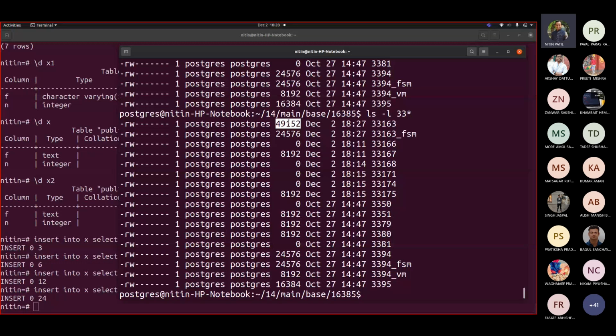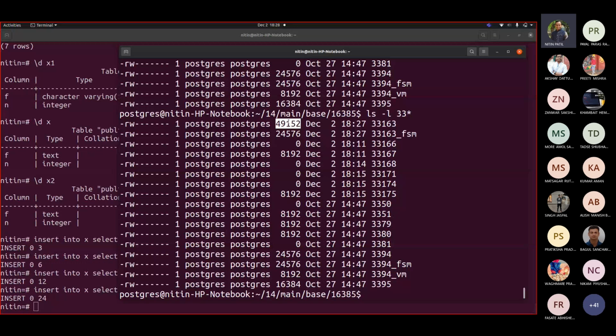Because if you cross some limit, for example, if you go on inserting this, you now have double, nearly 24,000 something. Okay, if I write select count star from X, 24576.